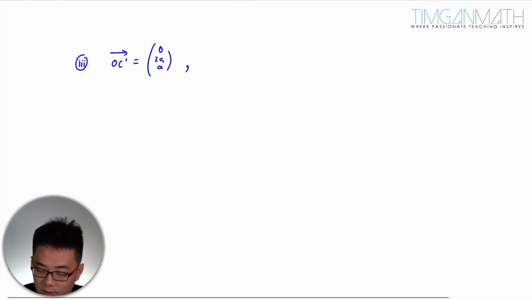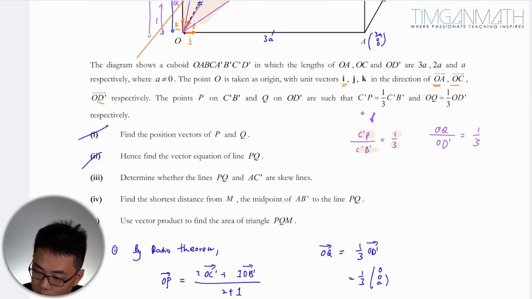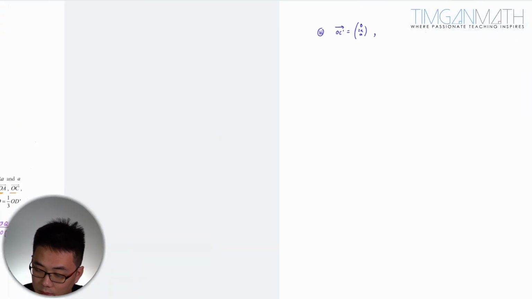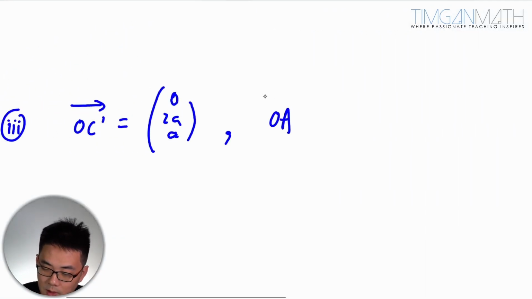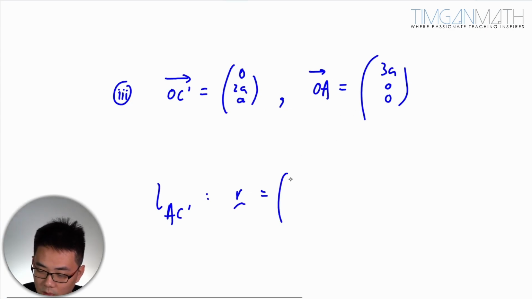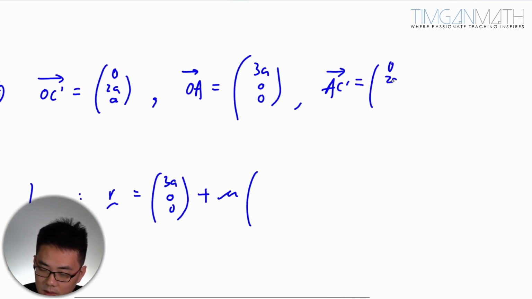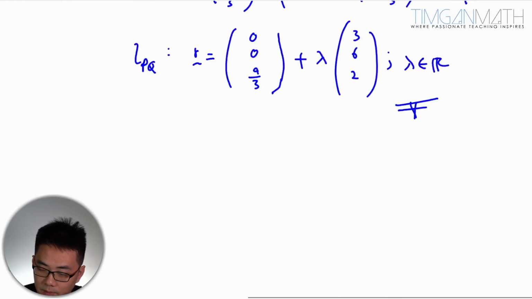And after which, what line do we need? We need OC prime and OA. OA is 3A, 0, 0. Okay, so OA is just 3A, 0, 0. So now I'm going to find the line of AC prime. That's pretty okay. We can just use OA here, 3A, 0, 0 plus mu. Okay, so now we're going to use mu. So this case here, AC prime here would just be